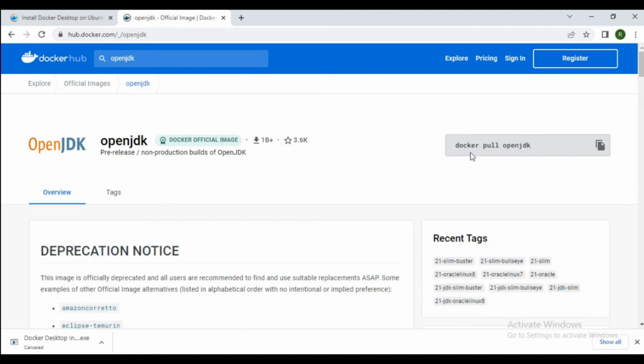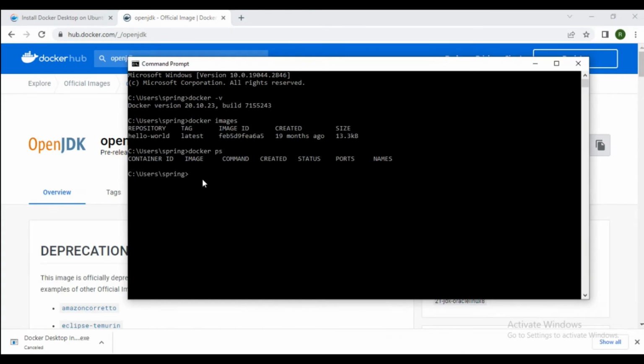Here the command is there: docker pull openjdk. This command is useful for pulling OpenJDK into Docker. This is nothing but one type of image. So pull this image by using this command inside our Docker and paste it here. Click enter.